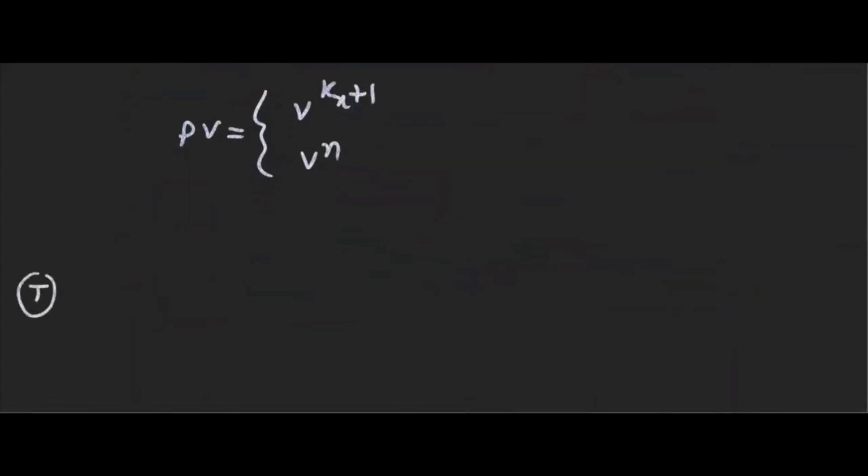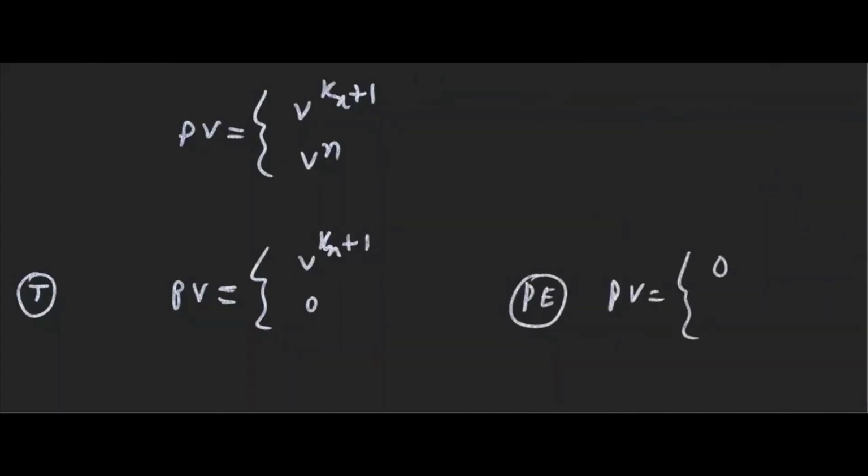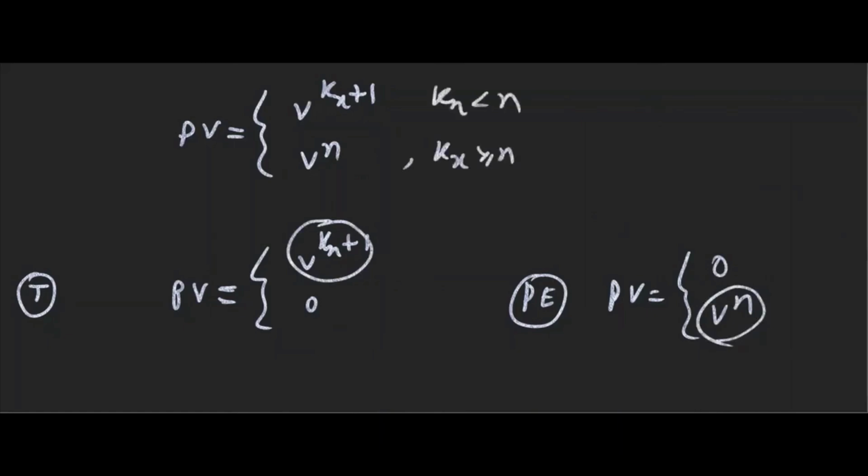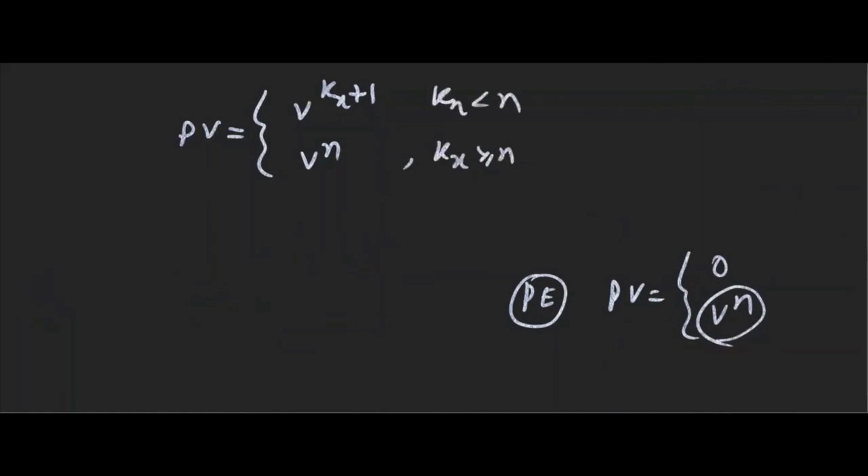So let me write here PV. Both will come: V power Kx plus 1, V power n. Let me write both here. For term, we write this way. PVs, if you remember, we will not use in the problems, but they will be useful. This is PV for term. This is PV for pure endowment. V power n. Here you see this part is there, this part is also there, both. Kx greater than or equal to n, Kx less than n. That's all. And then if you take EPV,